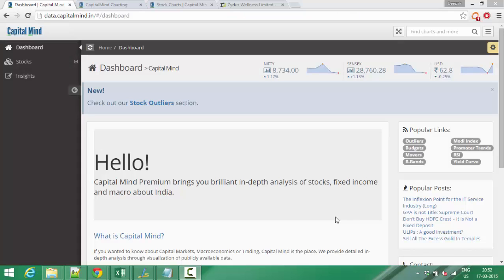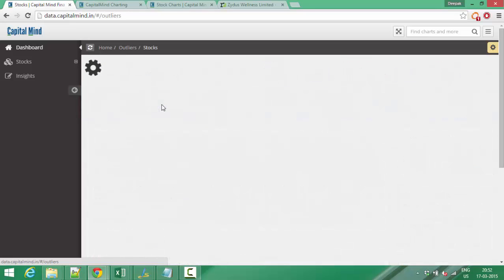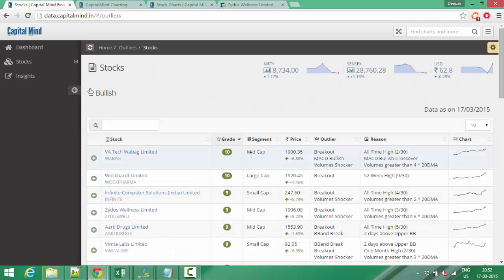Folks, welcome to Capital Mind Stock Outliers. I'm going to do a video on a regular basis that talks about a different set of outliers that we're recognizing in the tool. If you go to data.capitalmind.in and click on our stock outliers, we're going to see a bunch of stocks